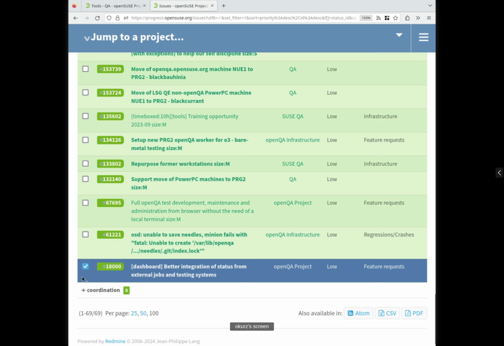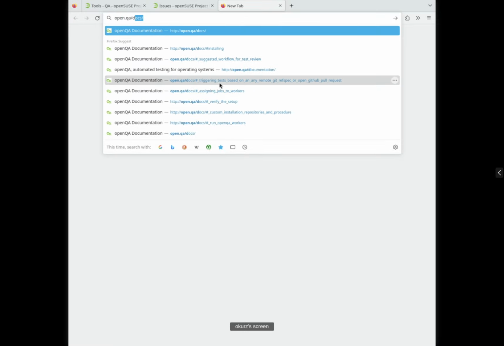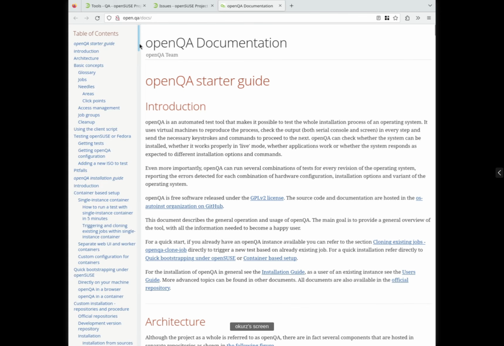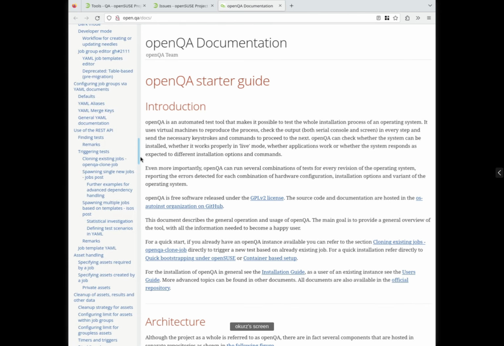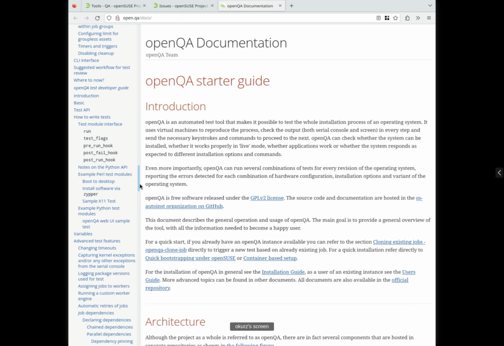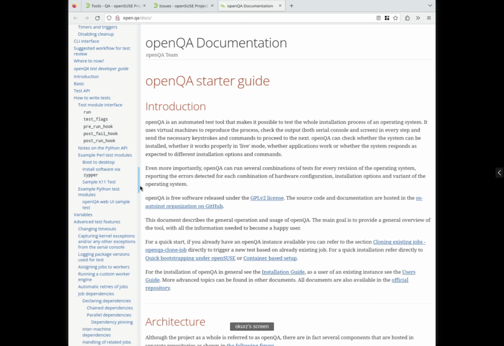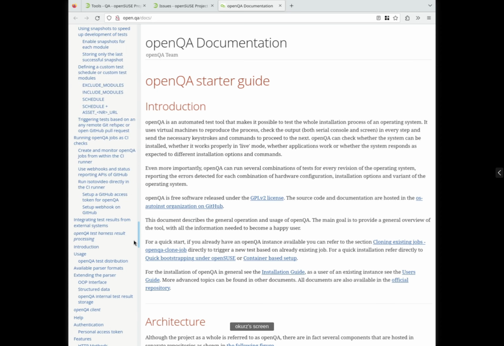And the last ticket which I would like to show is the oldest one. So that's a ticket with the number 1800, better integration of status from external jobs and testing systems, which we basically just included now by covering that properly in the documentation, because it was already possible for a very long time. If we go to the openQA Test Developer Guide on the end, then there's one section telling